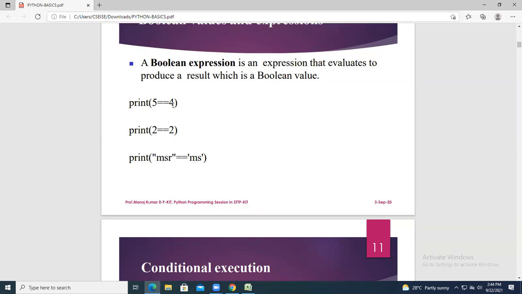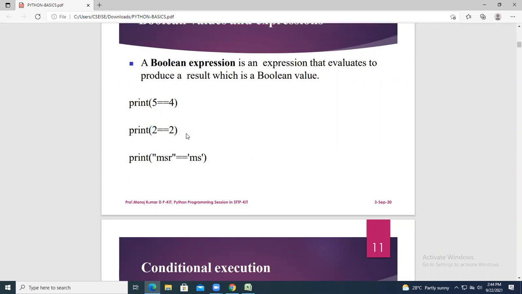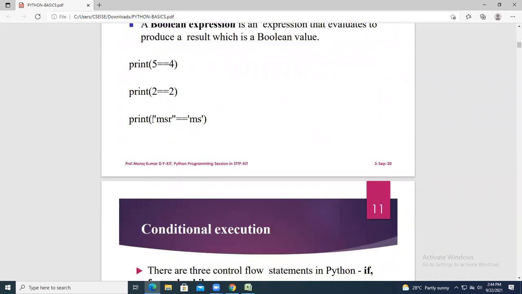So what result will you get? You will get false. Now here, 2 double equals 2. True. Finally, this one: MSR double equals MS. The earlier one was for integers; this one I am taking for strings. Are both equal? No, sir. It is false. What can be the reason for it being false?